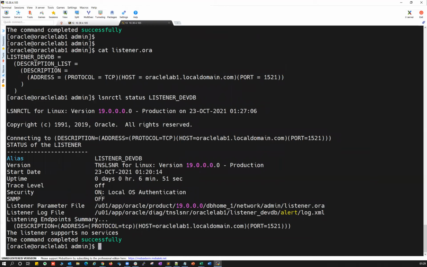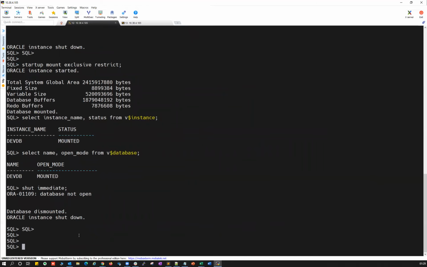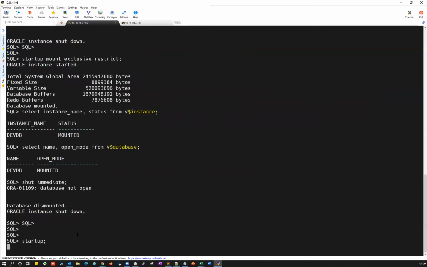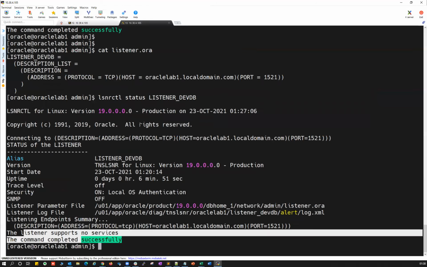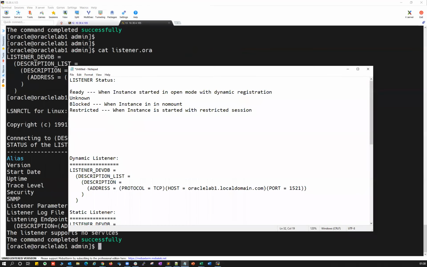Right. So your listener is just started and there is no instance registered. There is no service registered with your listener. That's just an empty blank listener when your database is down. So let's go ahead and do a startup, and then it will go to open mode, and you will see your listener in ready state, because that's a dynamic registration.